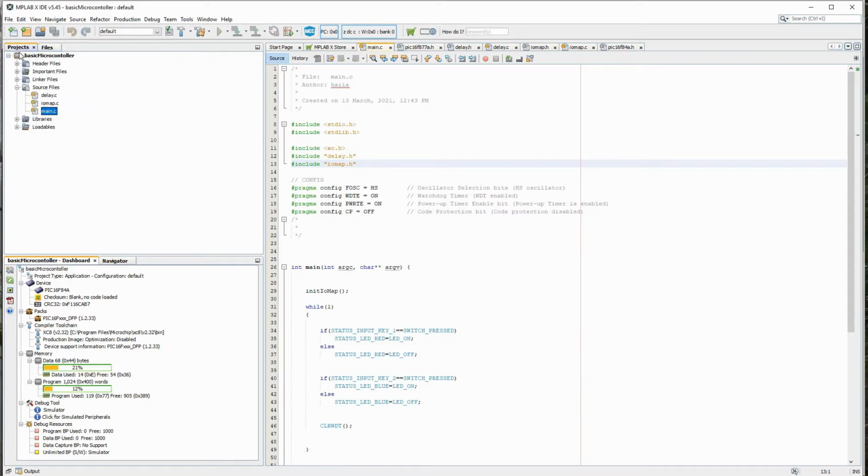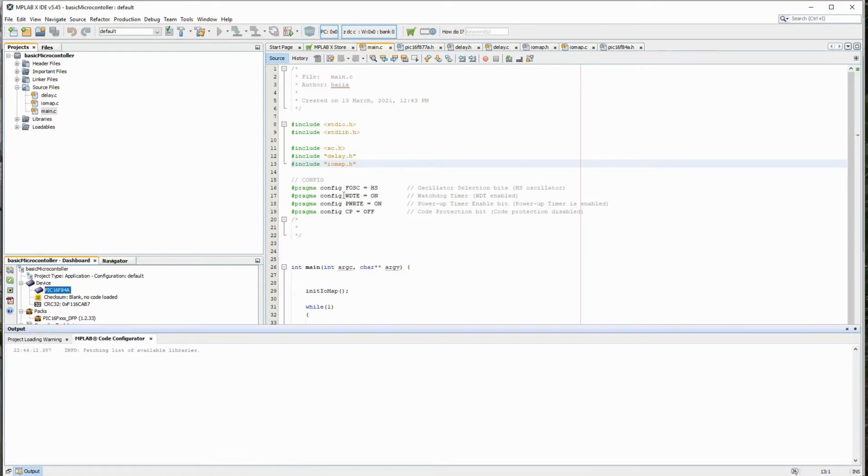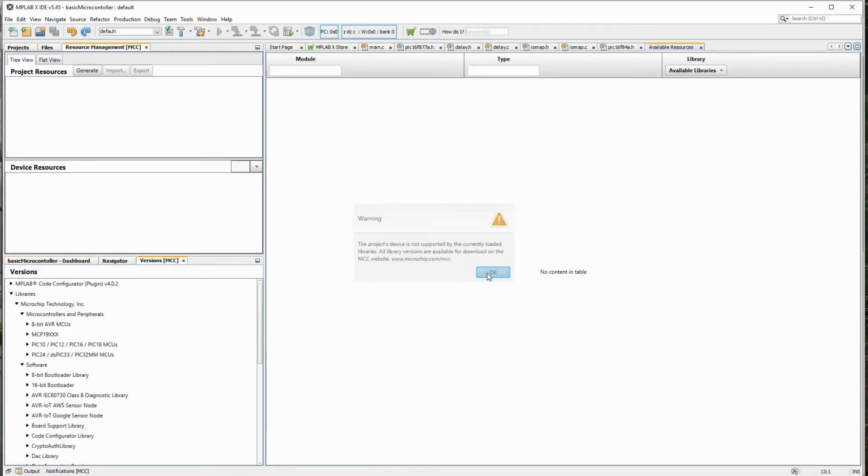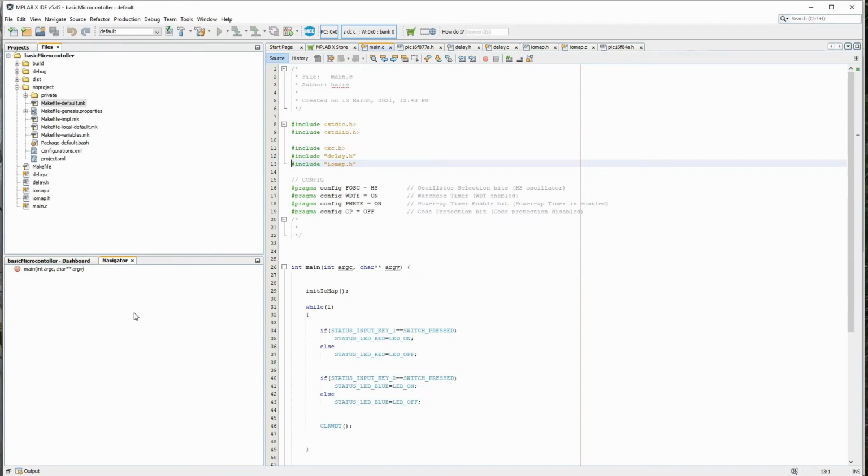In the class we started with PIC16F877A, then realized that in Proteus we were not able to simulate it, so we shifted to PIC16F84. But with PIC16F84, what happened? My code configurator was not working. I think this is a very old microcontroller, so the code configurator does not work with it. So we will select a microcontroller which supports the code configurator.